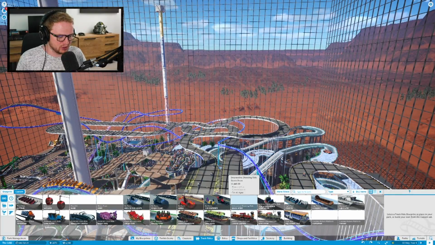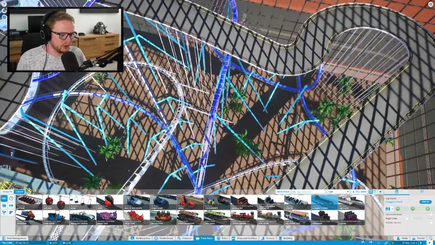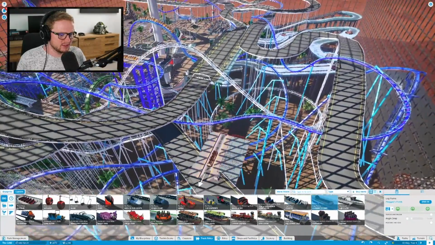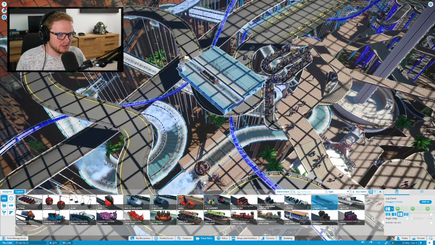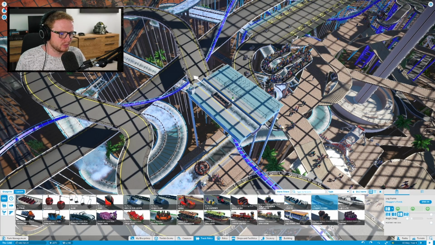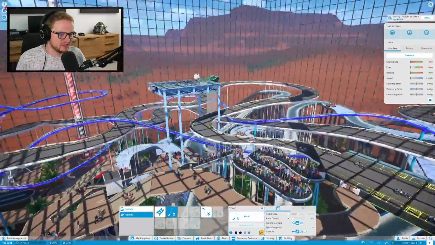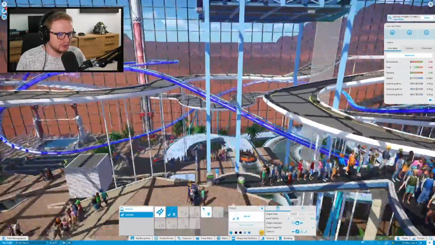Okay, so grabbing the log flume. This is going to be interesting. All right, so let's start it. Okay, I found my spot, and it's not going to be far off the water rapids ride underneath, which is pretty cool. Now, I want this to start fairly high up, but not ridiculously, and have a few poles for